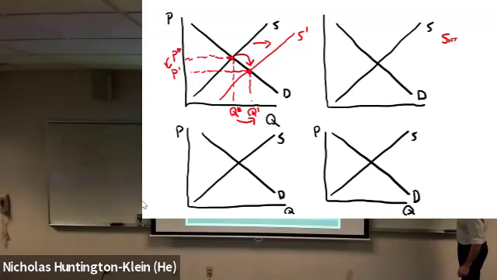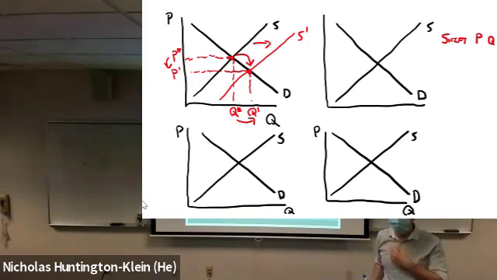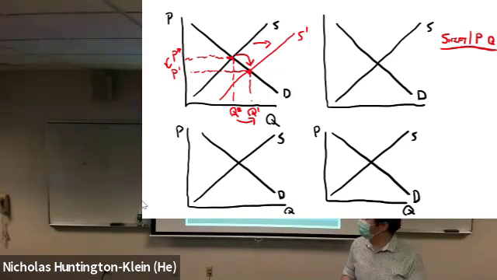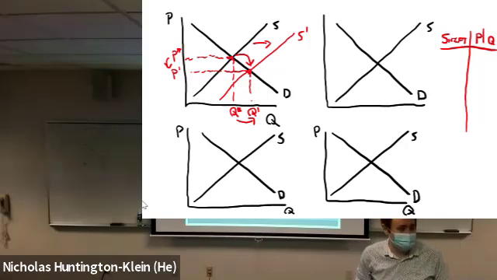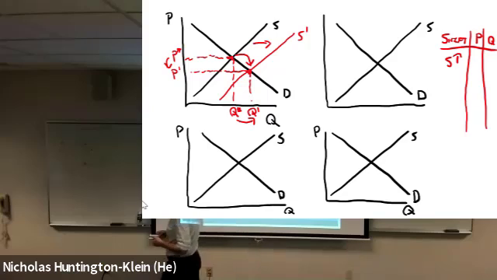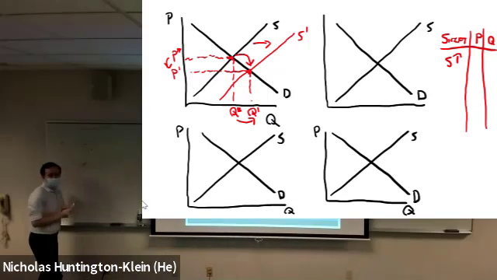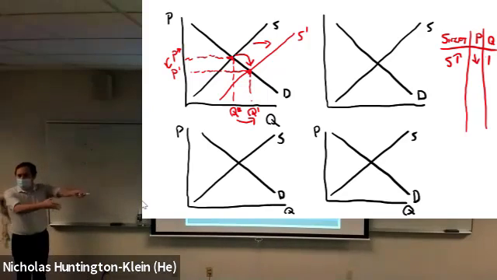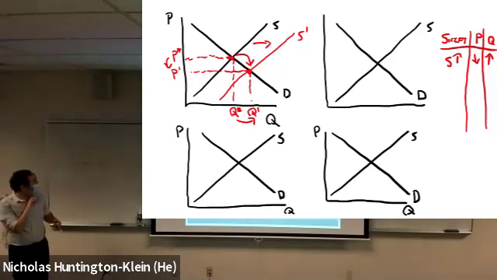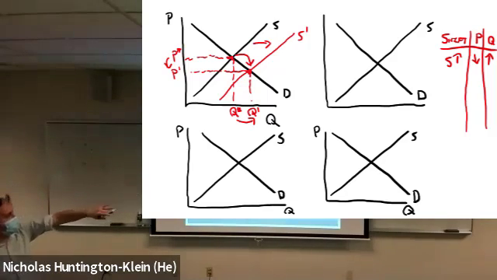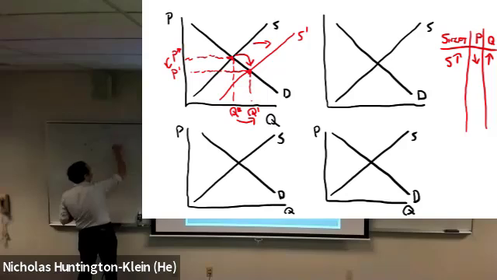You can think about whether this makes any sort of sense. If people want to sell you more of a thing, well, they're probably going to be willing to accept a lower price because they really just want to sell it to you, right? So even if you're paying them less, they'll still do it. And the quantity is going to go up because they want to sell it to you. So they're going to sell you more stuff because that's what they're trying to do. So supply goes up, we see a downward shift in price, we see an upward shift in quantity. Any guesses